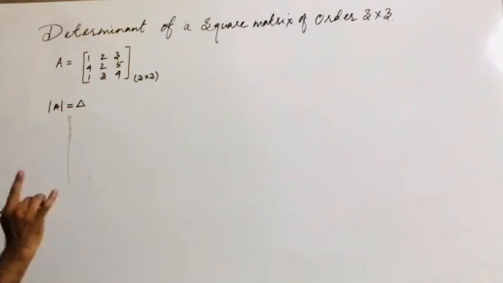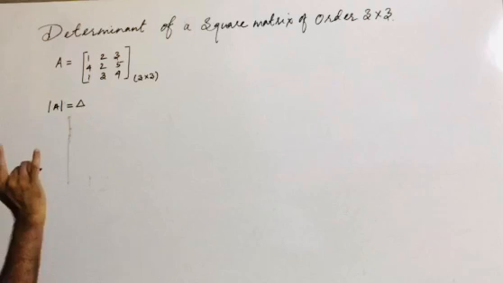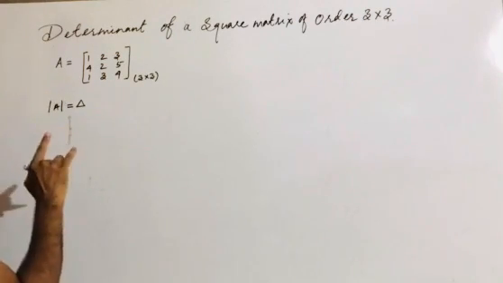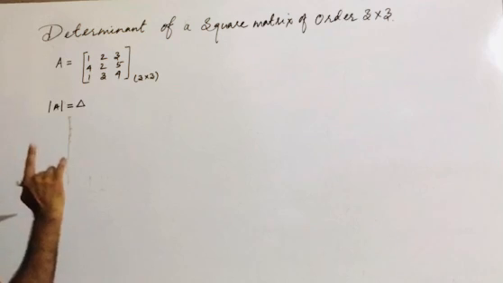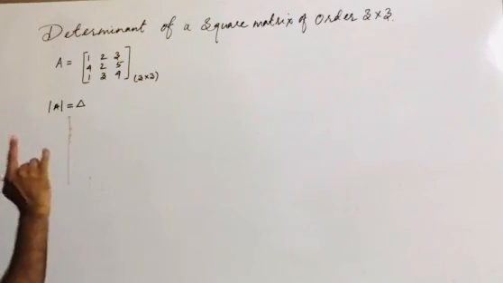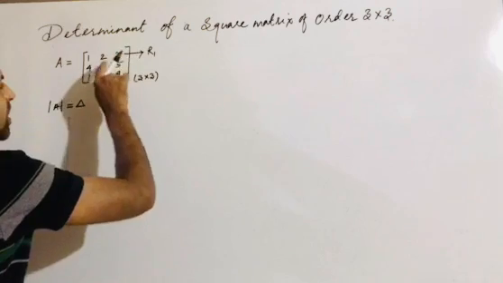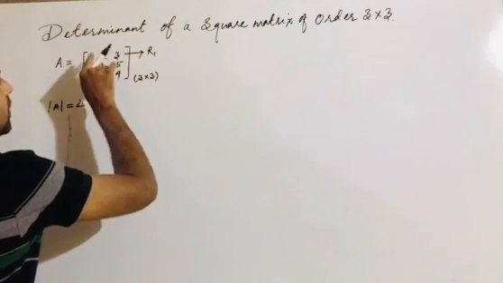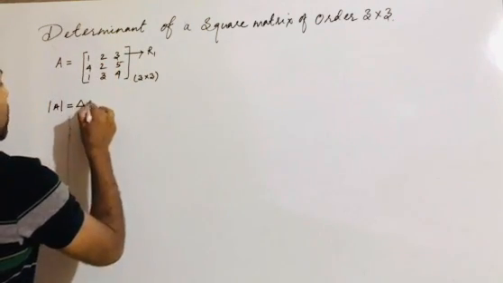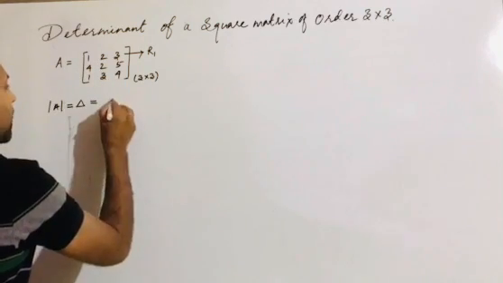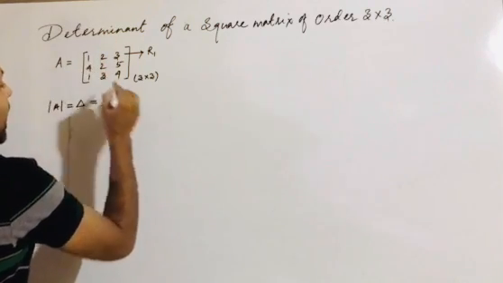Now, as I have told you, the meaning of determinant is the sum of the products of all the elements and their cofactors of any particular row or column of a square matrix. So let us consider we are taking row 1. We are going to find the value of the determinant with row 1 only. According to the definition, it is the sum of the products. First of all, I take the product of the element 1 and its cofactor.